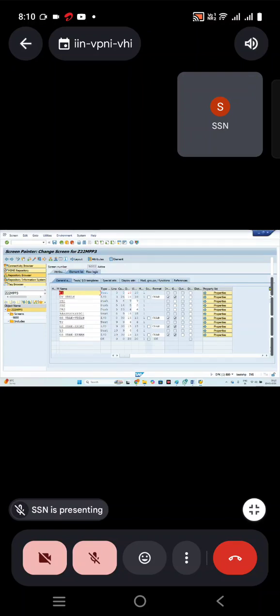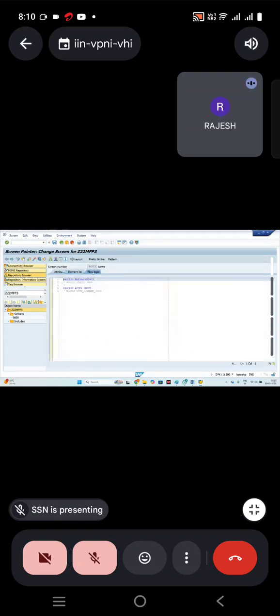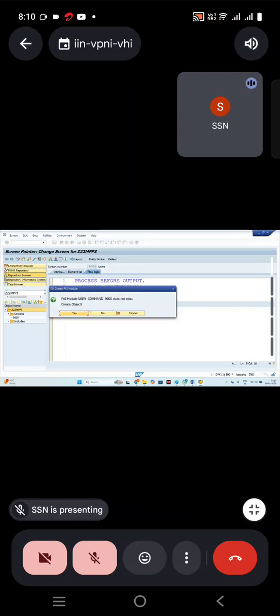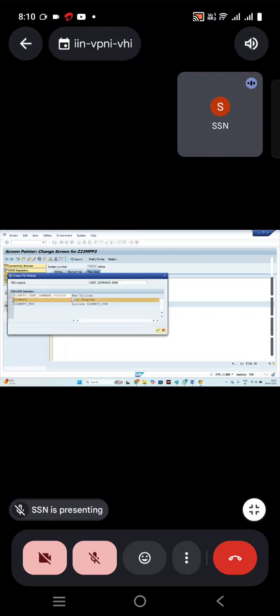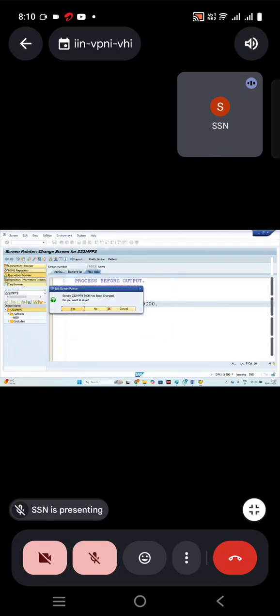Now on your action on the screen, if you want a display button, then display the data, clear button, delete the data, exit button, come out. Your action means you need to write the code under PAI. Double click on the module, create, choose the same main program.